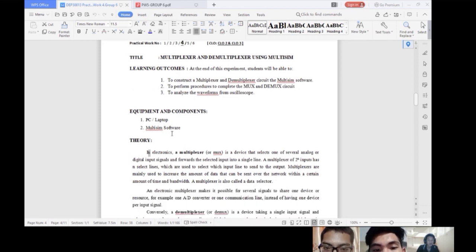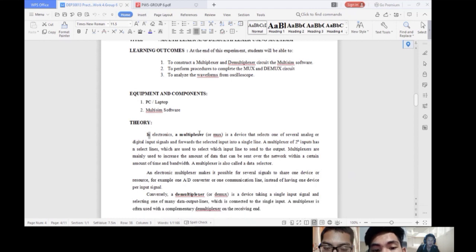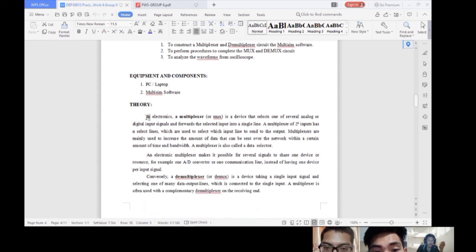Yang kedua, multisim software. Dan untuk teori, in electronics, a multiplexer or MUX is a device that selects one of several analog or digital input signals and forwards the selected input into a single line.